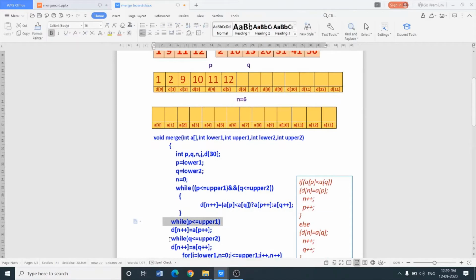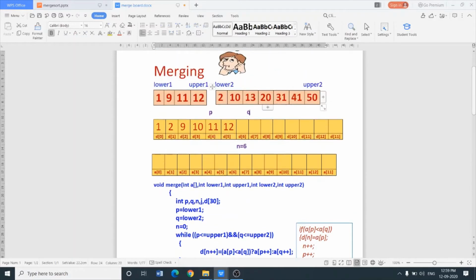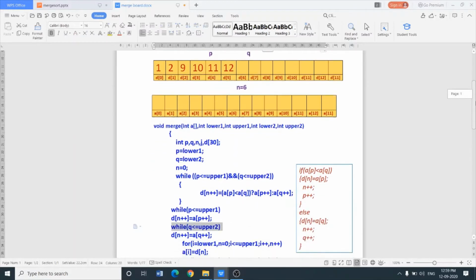So come to this while loop: while Q less than equals to upper 2. Now what is the value of Q? Q is here, and it is less than upper 2. Yes. So what you have to do? Just copy all the elements from the second array to D.